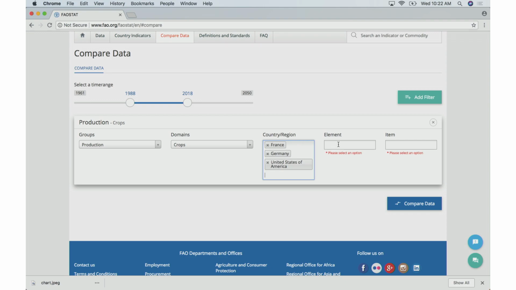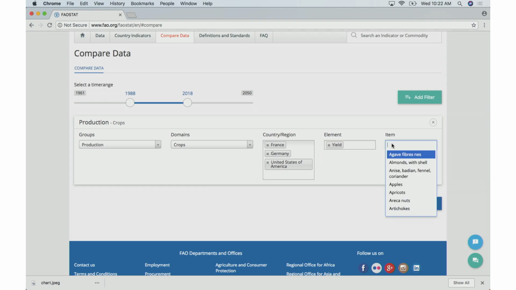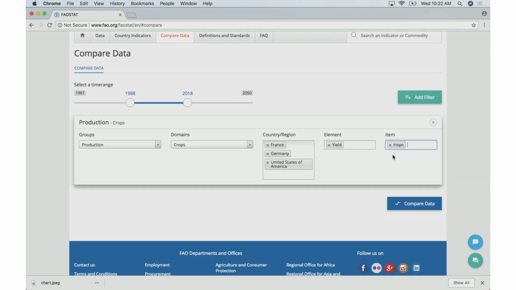We can show the data in terms of area harvested in hectares, yield in terms of hectograms per hectare, or production overall in metric tons. I'm interested in yield, so we're going to go with that. And here's our drop-down menu of the many crops that we can look into for comparison, but again, we're looking at hops, so let's type that in. Then we click the Compare Data button,